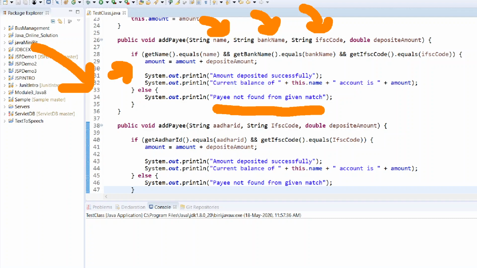Similarly, the same logic that I have applied in the other method also, but in the arguments, instead of bank name and person name, I have used Aadhaar ID. So if Aadhaar ID and then IFSC code get matched, I'm going to update the amount.